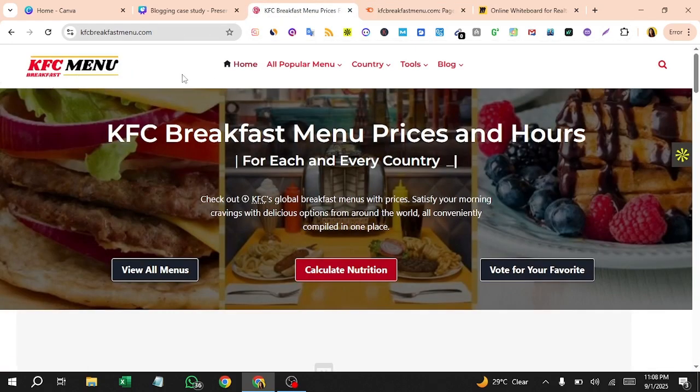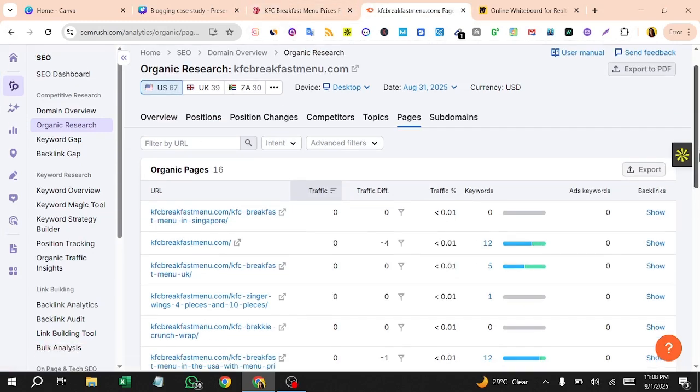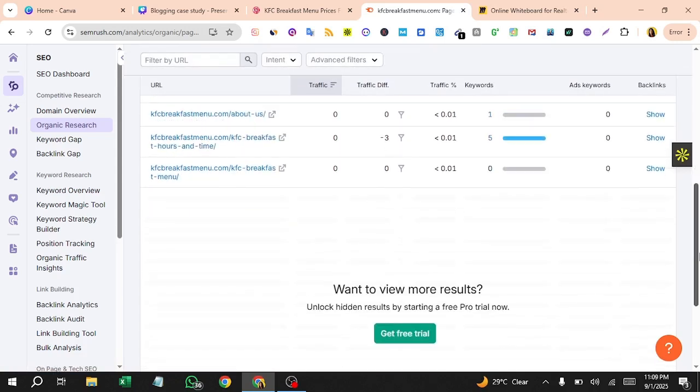So what you need is, you need to go to blogger.com from Google, and then you need to create your blog. And again, come up here, on SEMrush, put this website in, export all of these pages, and then rewrite all of this content and put that content on your website, which is on blogger.com.